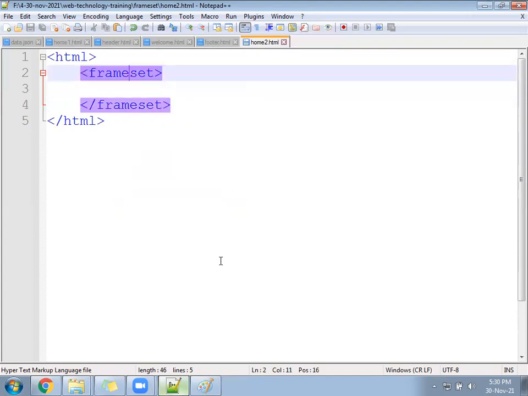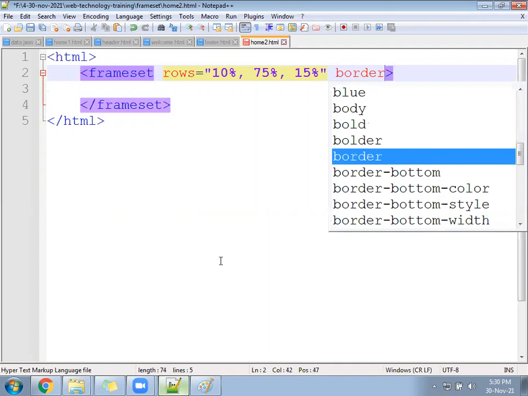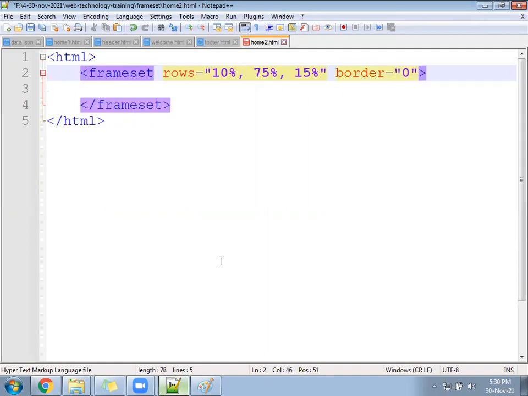This frame set will be the same, rows equal to, how many rows? 3 rows. First 10%, 75, and last again 15. Create 3 rows and write here border equal to 0, so the border will not come again.